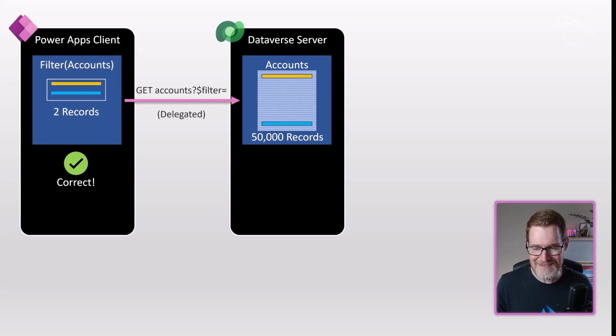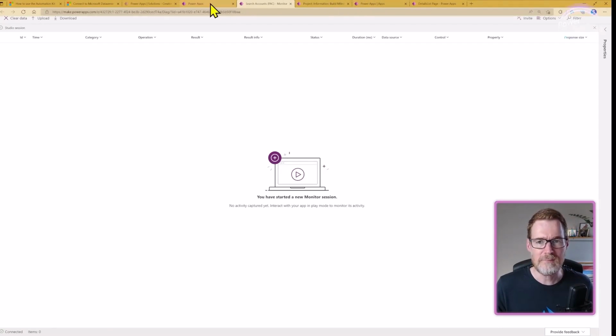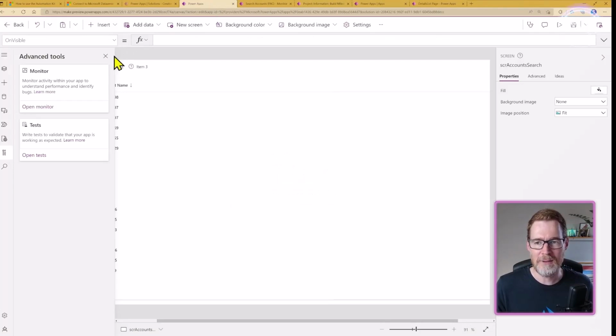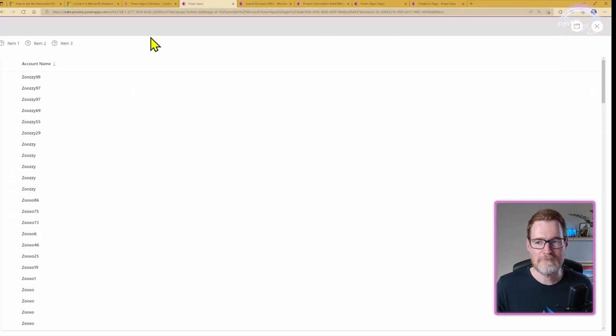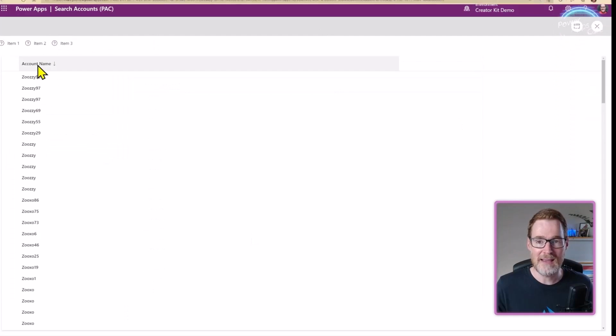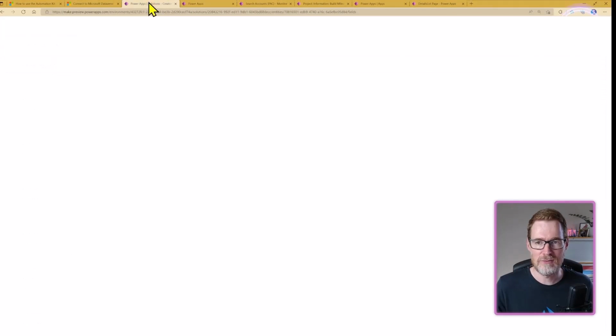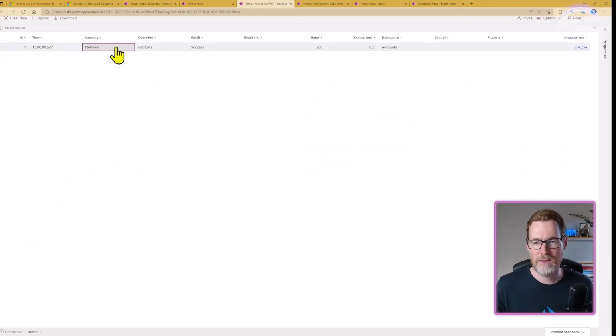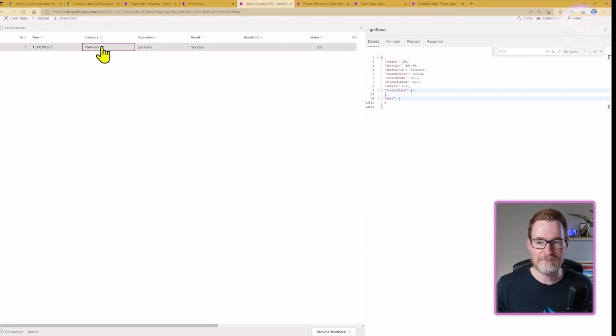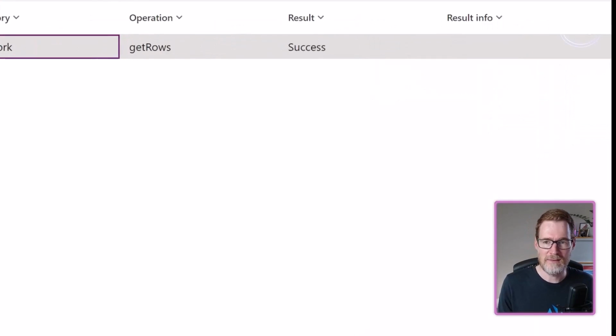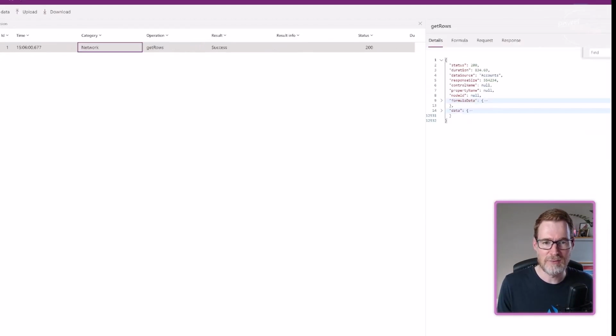So we can see that in action if we go into our app here and we go and run it. So I'm going to run this and I perform a sort. Let's just sort by account name and then go over to the monitor. So we've now got a network category operation, and the operation is get rows, which is good.